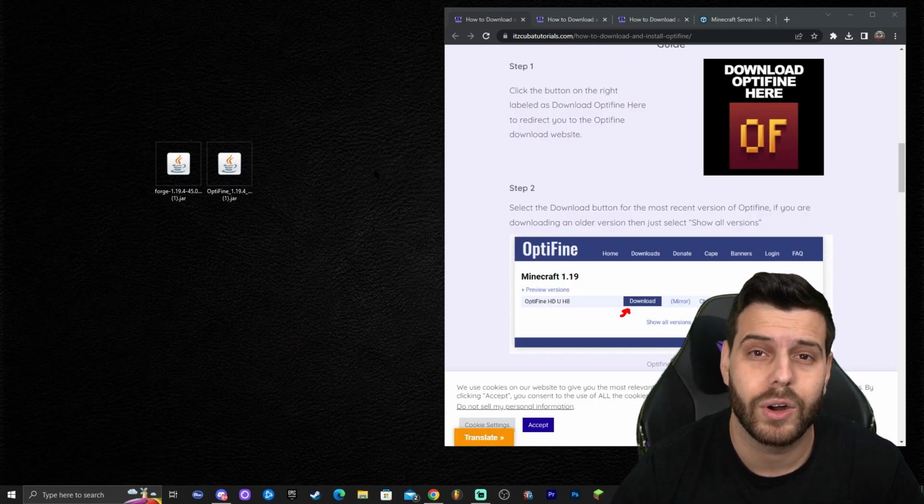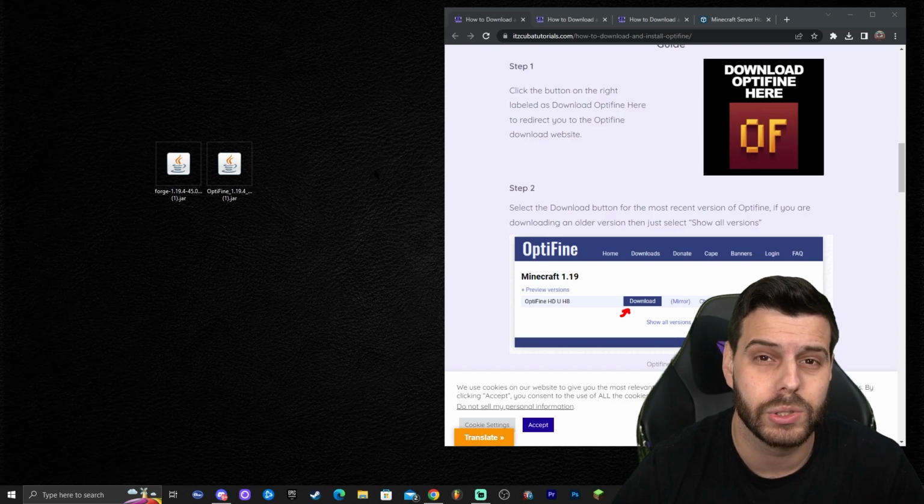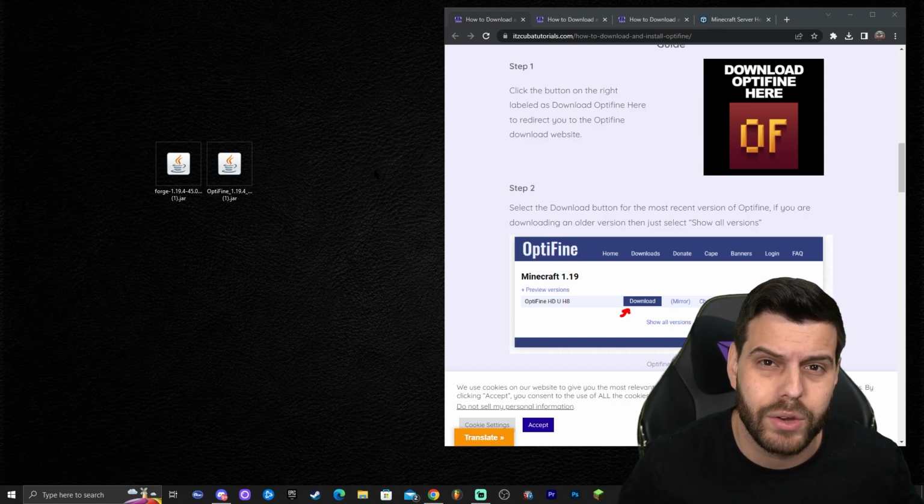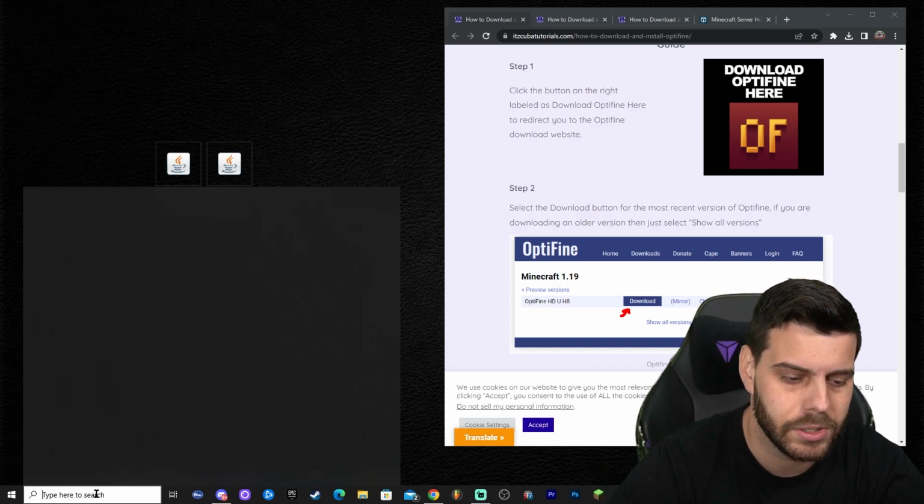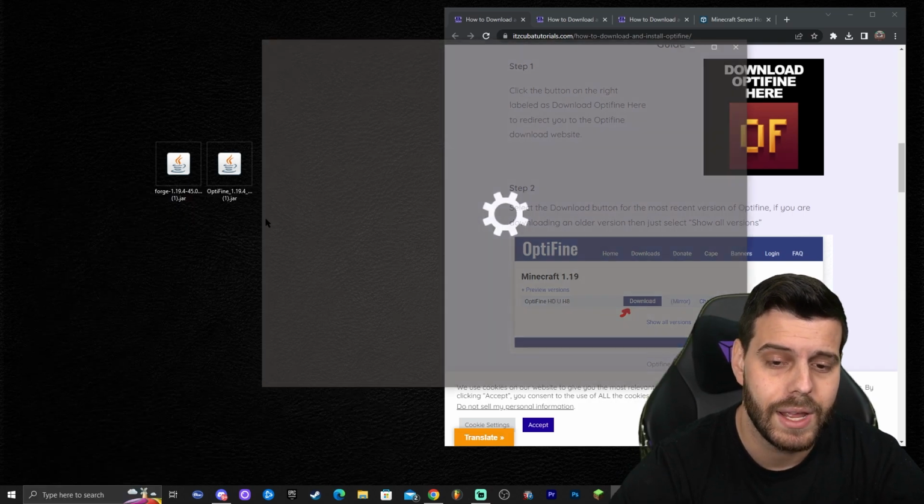So Minecraft will require you to have Java 17 in order to install those properly. How do you check what Java version you have? I'm not talking about your Java version for Minecraft. I'm talking about Java, the software that lets you run Minecraft. To check that, just click where it says type here to search, type add or remove programs, then open that up,